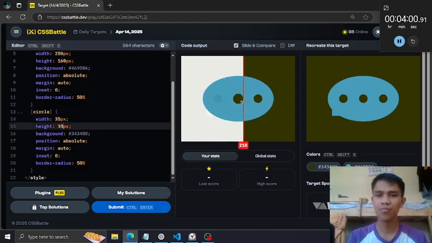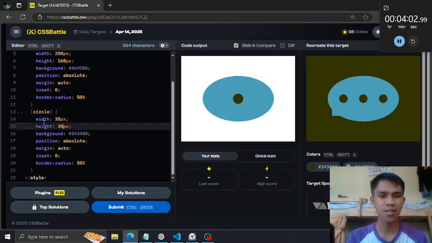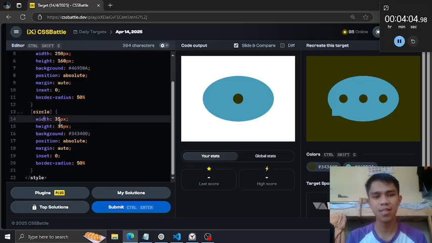This is the problem when the element is not aspect ratio. When you want to change the size of a circle, you need to manually edit the width as well as the height.